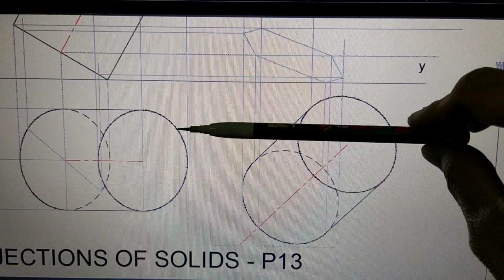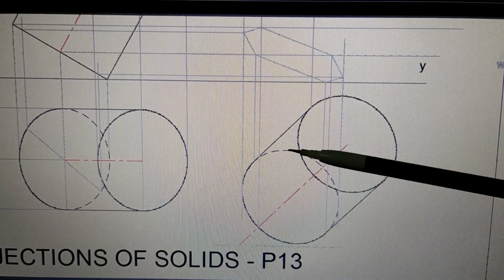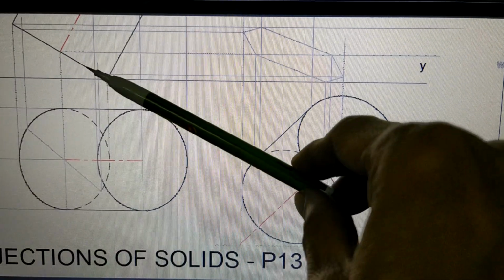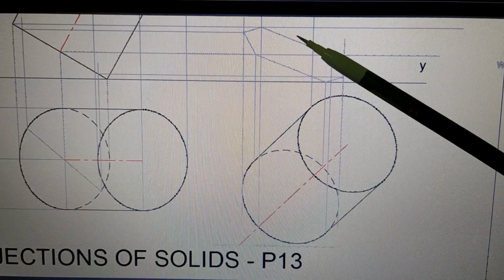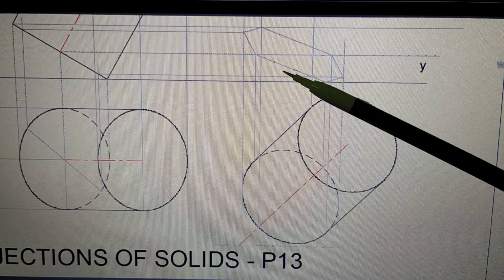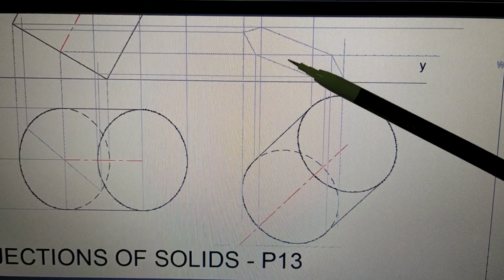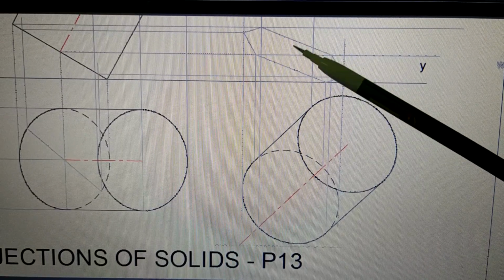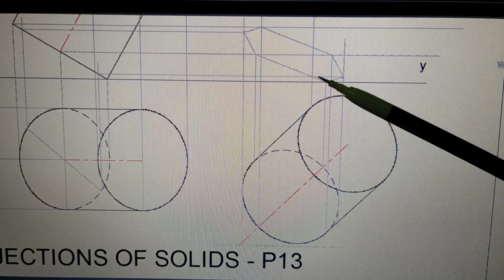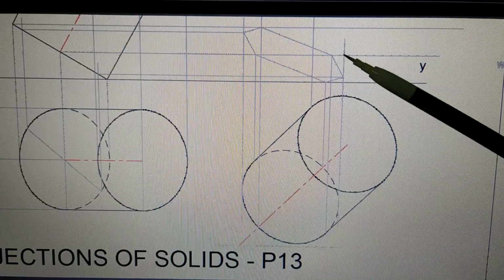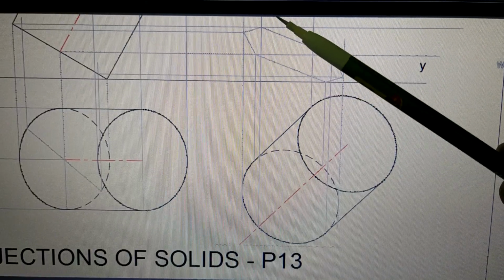Similarly, we have a line drawn from this line direction. This will be one more extreme point which will come somewhere below. So that will add 2 more points, one above and one below. So when you draw these 2 more points here and here, then with those 2 points and earlier 6 points, 8 points will be there. From those 8 points you will be able to draw the ellipse.